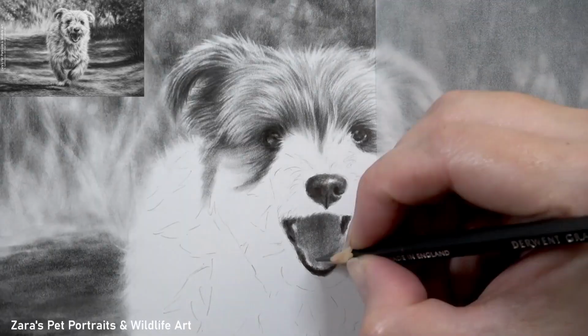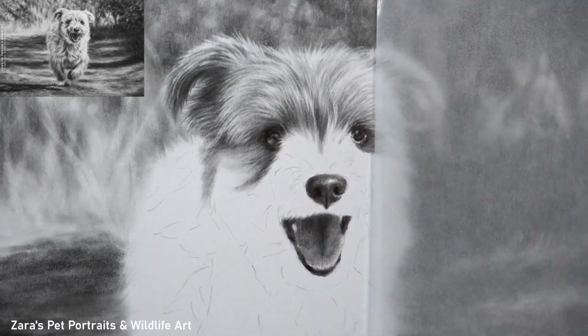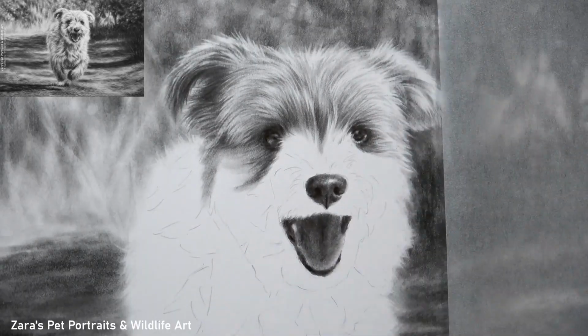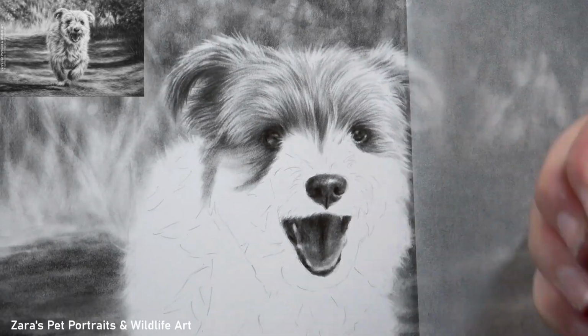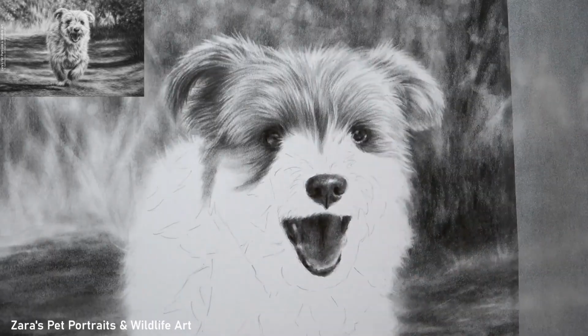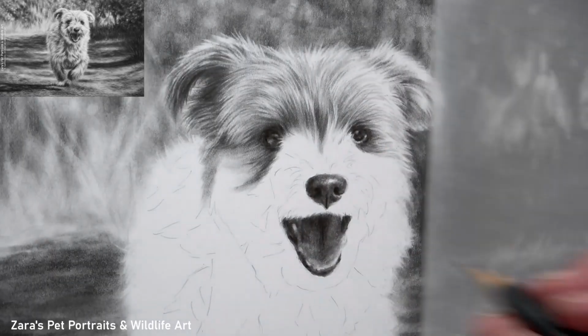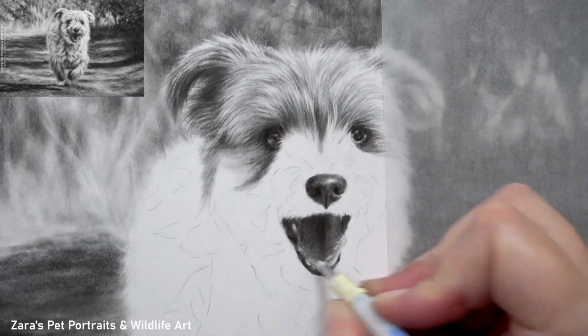Now, the key to this kind of drawing, because the overall portrait is not massive, it was only an 8 by 12 inch, it therefore makes the full body of the dog quite small in relation to that. However, I'm still able to achieve a high level of realism because the contrast is right. Now, in all of my videos, this is something that I focus on, and I know I've mentioned many times in this video alone. But the contrast here is what's helping this dog look realistic